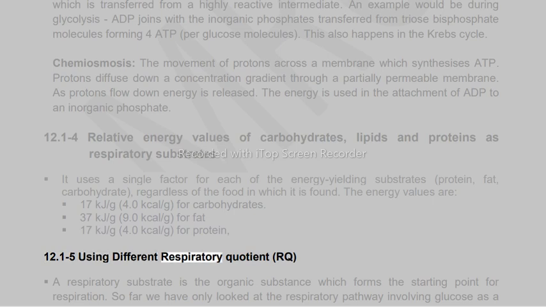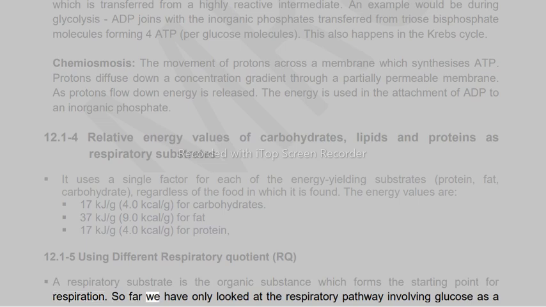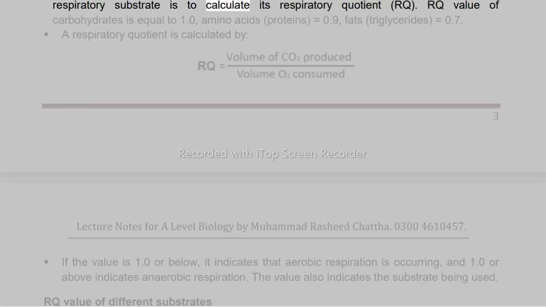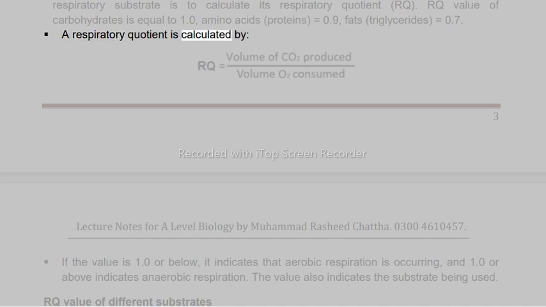12.1-5 Using different respiratory substrates to calculate the respiratory quotient, RQ. A respiratory substrate is the organic substance which forms the starting point of respiration. So far we have only looked at the respiratory pathway involving glucose as a respiratory substrate. The RQ value of carbohydrates is equal to 1.0, amino acids and proteins equal 0.9, and fats, triglycerides, equal 0.7. A respiratory quotient is calculated by